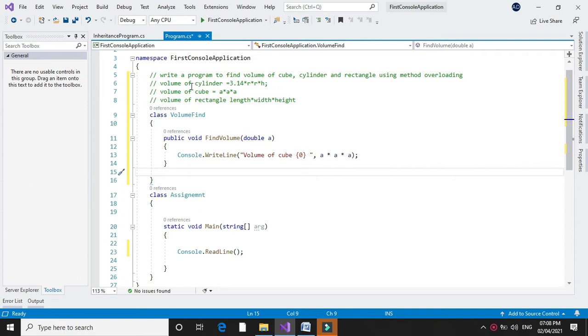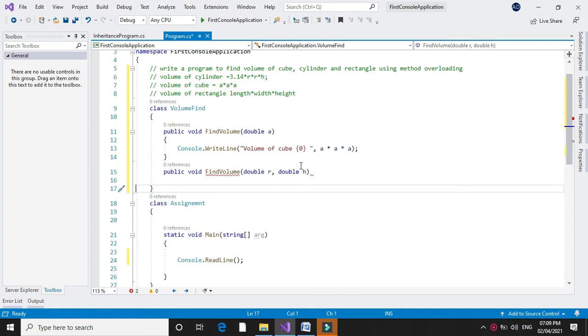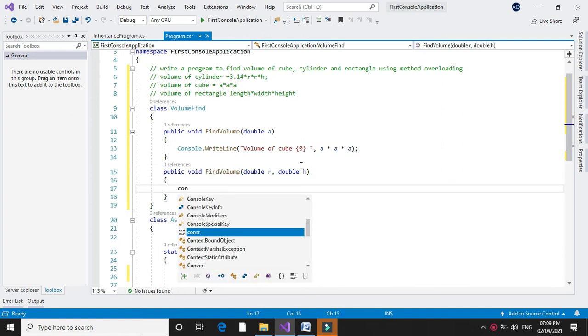method for finding volume of cylinder. Since we are using method overloading, we will write a method with the same name. So public void FindVolume. Here we require two parameters, that is radius and height. So we will declare two variables r and h, and in Console.WriteLine